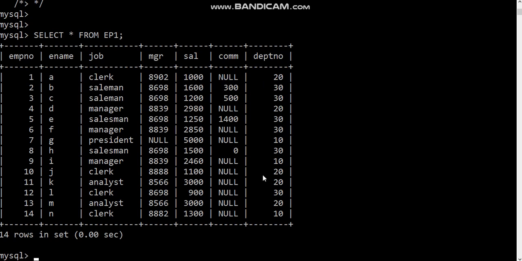We will say the group of department number 10, so there will be 3 employees: one will be G, another will be I, and another will be N. So we can group these particular rows from the database into a particular group. Then department number 20 will also form a group, and department number 30 will also form a group.